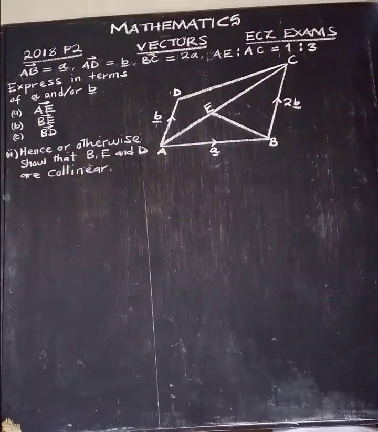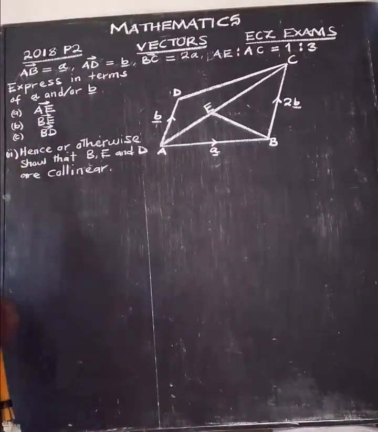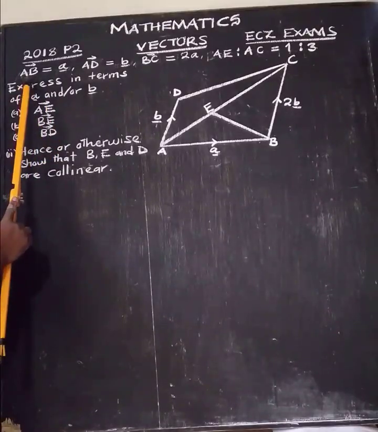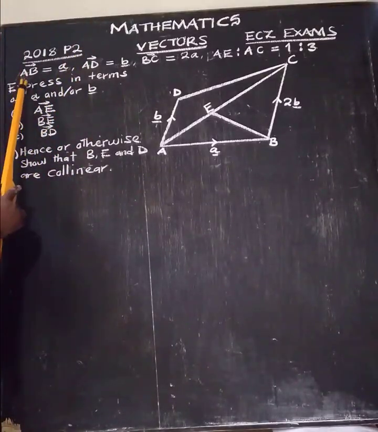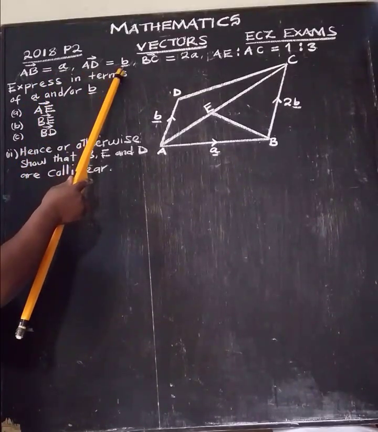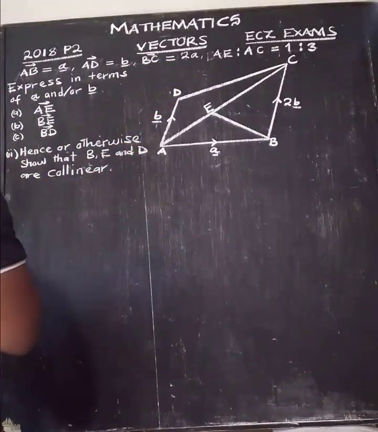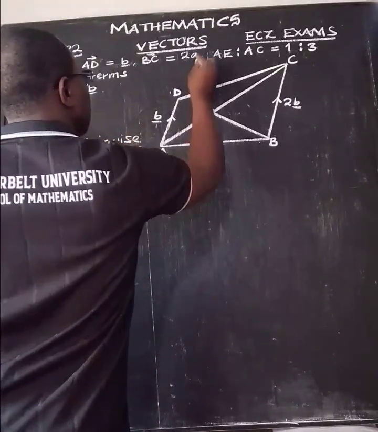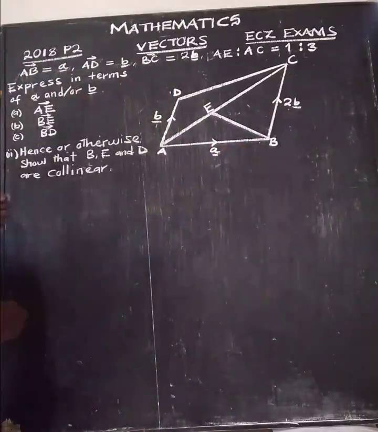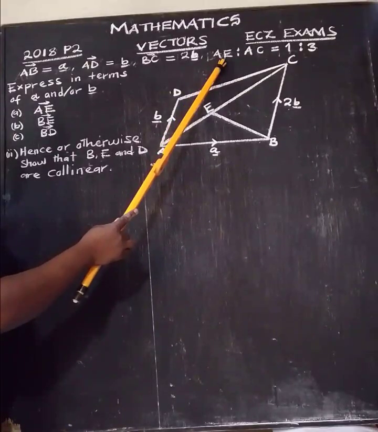Okay, so guys, let's look at this other question coming from 2018, equation on vectors. Okay, so we are told to say, given that AB is equal to vector A, AD is equal to vector B, BC is equal to 2 vector B. Okay, and then we are told to say AE to